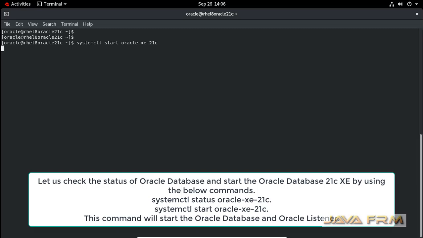This is the major advantage here: no need to log into the SQL*Plus tool. You can start using this command itself, and you can see that Oracle Database Express Edition 21c is starting.